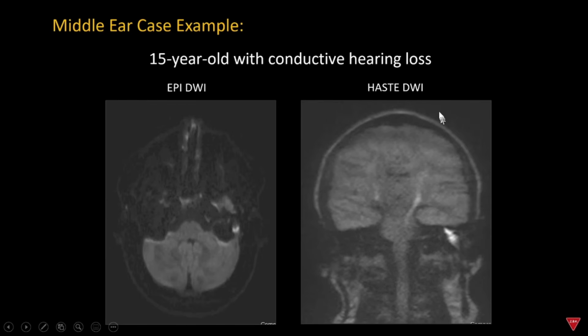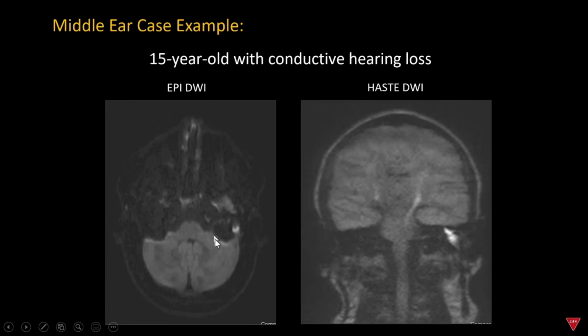The reason why you want to use HASTE diffusion is that for EPI diffusion, this is something that we use all the time when you're looking for brain pathology. That's not a big problem because there's not a lot of susceptibility artifact within the normal brain. However, EPI is a technique that's very, very prone to susceptibility artifact. So areas such as air generate a lot of susceptibility blooming artifact. You can see that